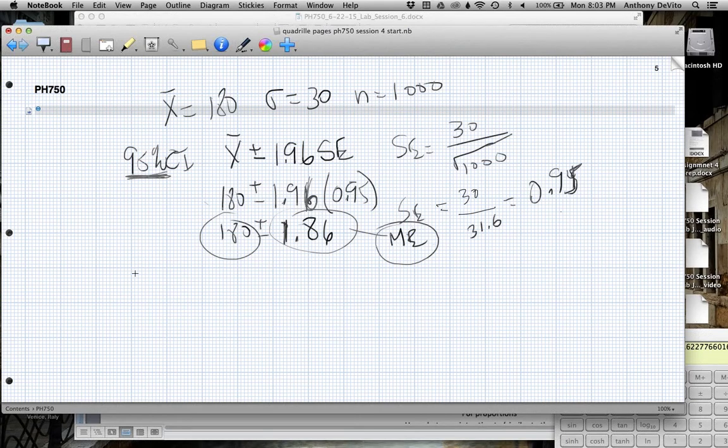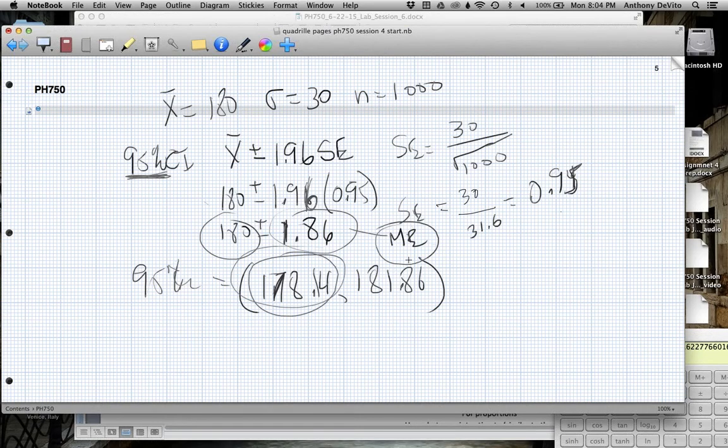So what does that come out to be? Our 95% confidence interval is 178.14 and 181.86. So we're 95% sure that the average weight for all of these men in DeKalb County, a million men in DeKalb County,